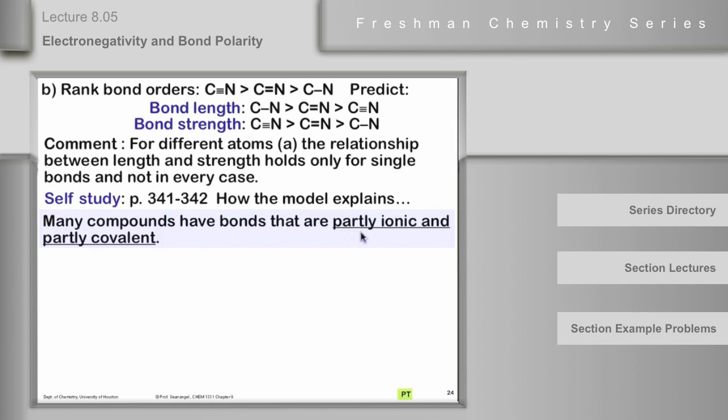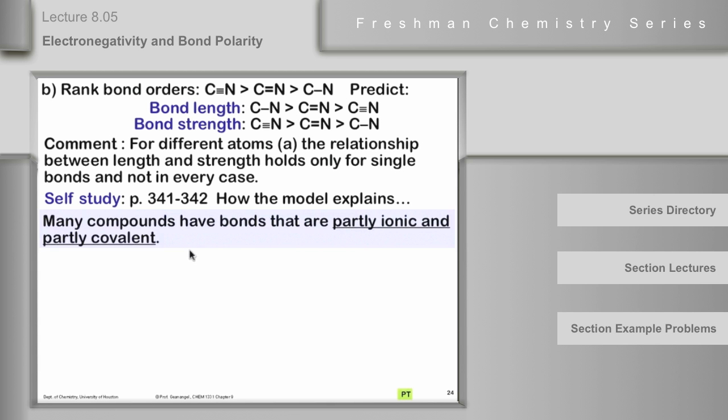So we could say, not too surprisingly, that many compounds have bonds that are partly ionic and partly covalent. And of course, what that means is a little bit fuzzy, because the covalent part of it means a pair of electrons must be shared, or two pairs, or three pairs, as we saw. And the usual ionic bond, we talk about an electron being transferred, or more than one electron being